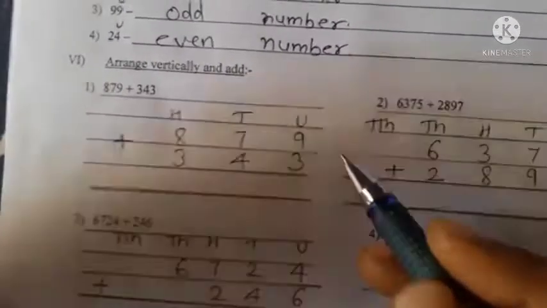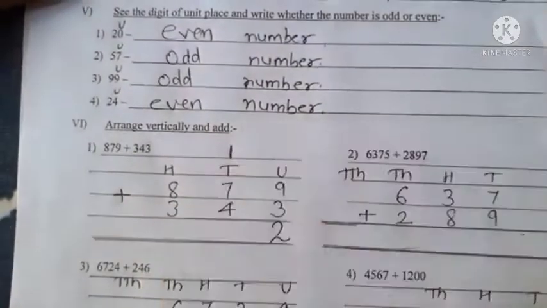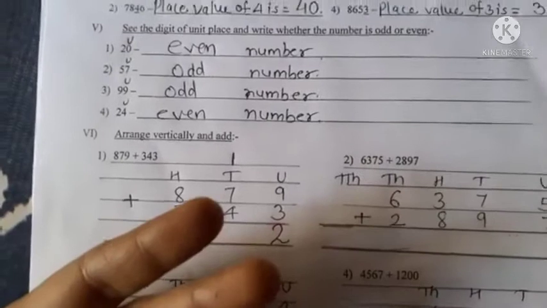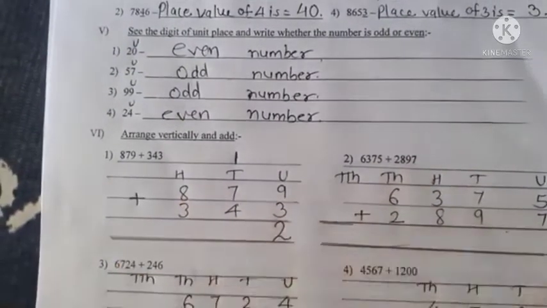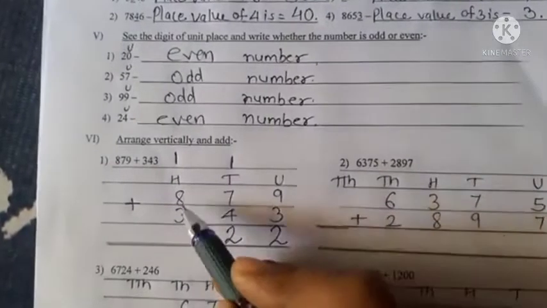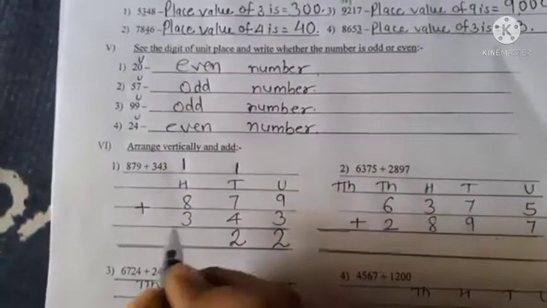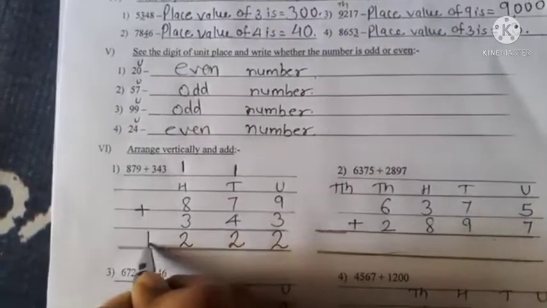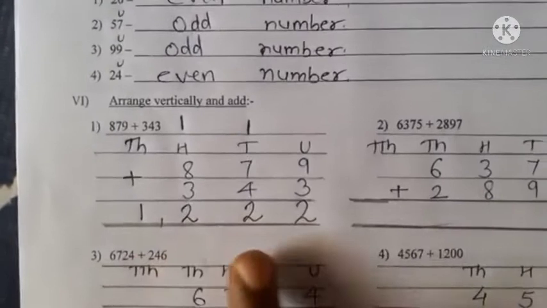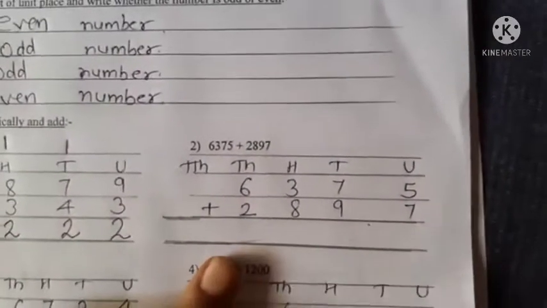9 plus 0, 9 after 10, 11, 12. 2 will come in unit place, 1 will come in tens place. Now 7 plus 1 is 8, 8 plus 4, 8 after 9, 10, 11, 12. So 2 will come here and 1 we will carry in 100 place. Now 8 plus 1 is 9, 9, 10, 11, 12. So 2 we will write in 100 place and 1 we will write in 1000 place. So our final answer is 1222. Clear students? Yes. Now we will do the next question